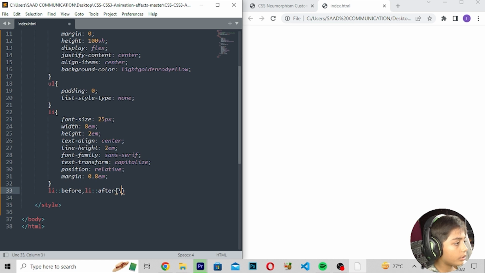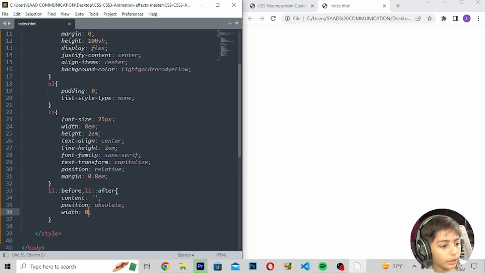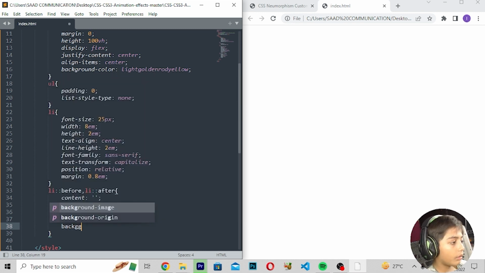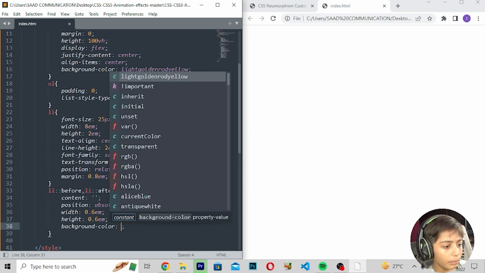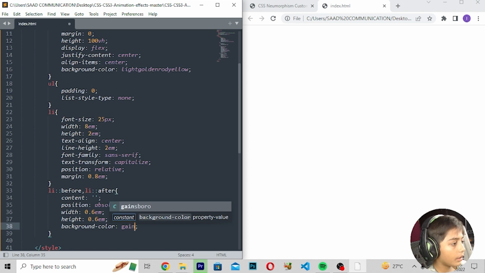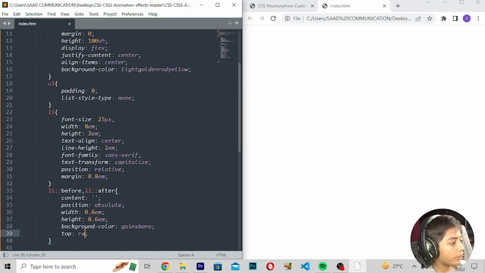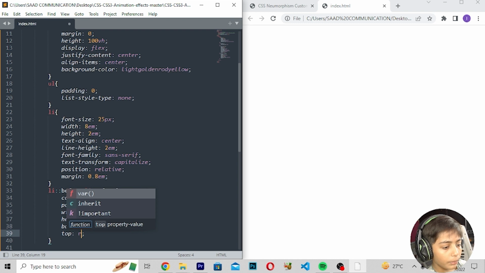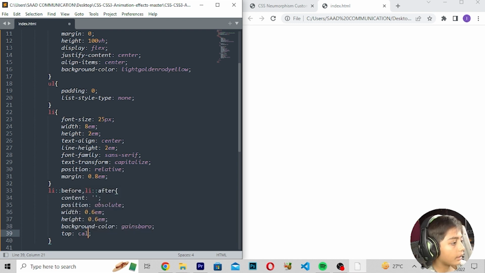Here we can write content, enter, position absolute, enter, width 0.6em, enter, height 0.6em, enter, background color should be green bordeaux, top should be calc 55% minus 0.5